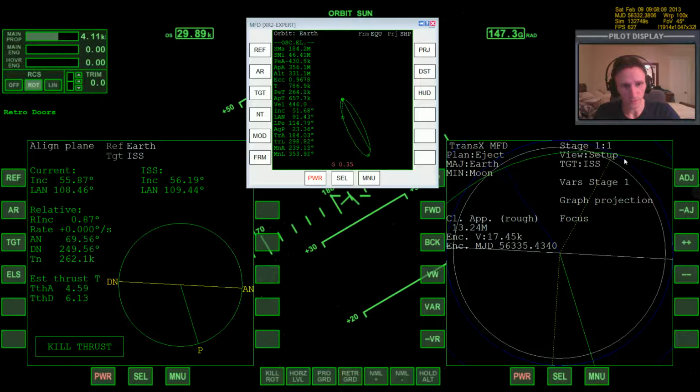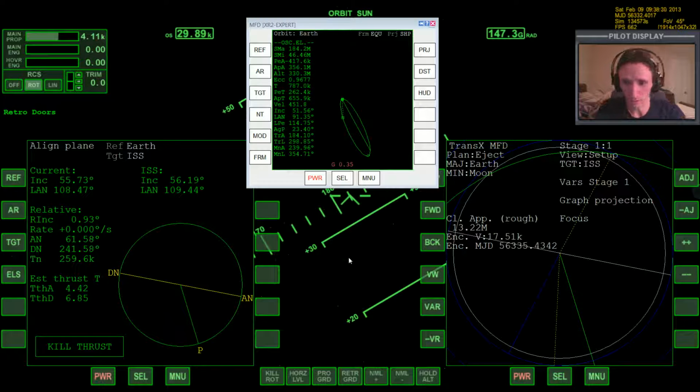And you can see here, according to TransX, our orbit back at Earth has dropped. Remember it was out here, now it's dropped, and I knew that would happen. Okay, so here's what I'm going to say I want to do for this flight. I want to bring myself closer to the ascending node,